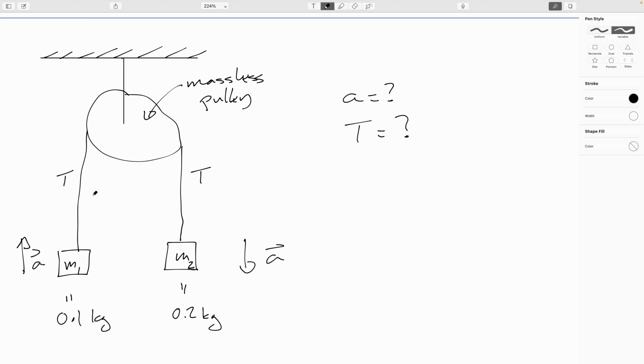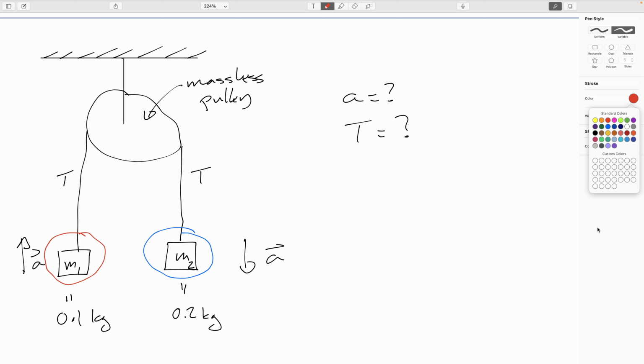But again, it's going to turn out here that all the action is going to happen vertically. So we're kind of stuck there. We can't write one Newton's second law expression, but we can write two Newton's second law expressions, and that'll be fine. What we'll do is we'll treat M1 as one of our free bodies, and we will treat M2 as our other free body. So now we've done two